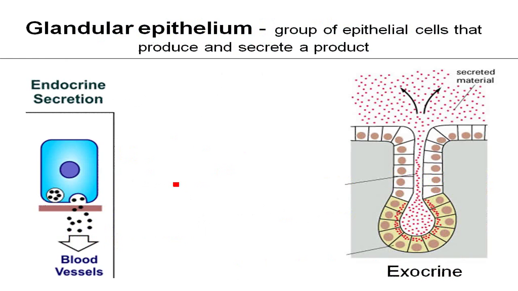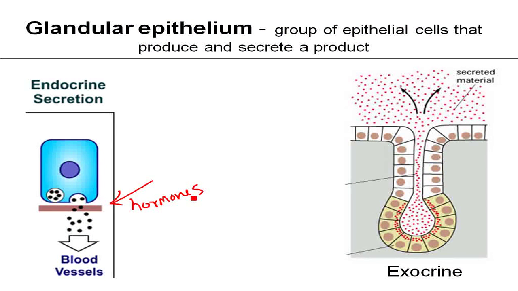Now the last thing I want to talk about are glands. We know that epithelium is basically covering something, lining, protecting things, but some epithelial cells can produce and secrete things. So we call those glands, or glandular epithelium. And we have two types. We have endocrine secretion that's going to be producing hormones,